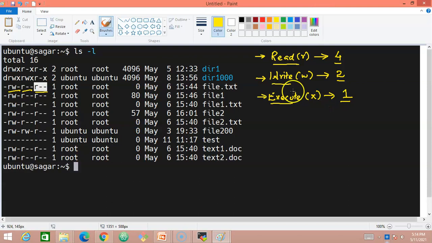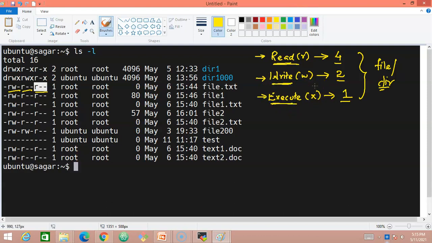Let's assume that we have a specific file or a directory, and we would like to give full permissions to it. It means that we are giving read permission, write permission, and execute permission.